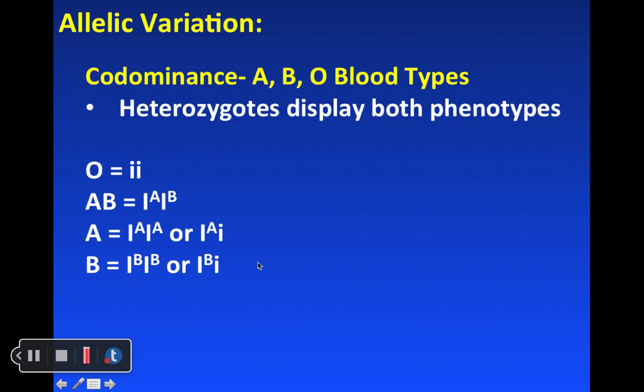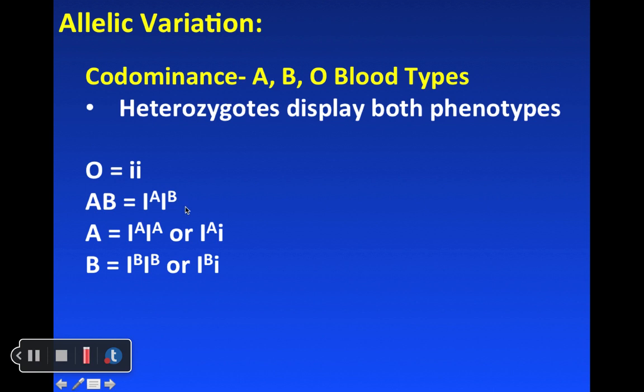On the other hand, we can have a situation referred to as codominance. So the ABO blood types are classic examples. So here I've listed genotype possibilities for the 4 different possible blood types down here on the lower part of the screen. And notice there are 2 versions of this allele that codes for the proteins on the outer surface of red blood cells, the recessive version indicated by small i's, and 2 dominant versions, the A version and the